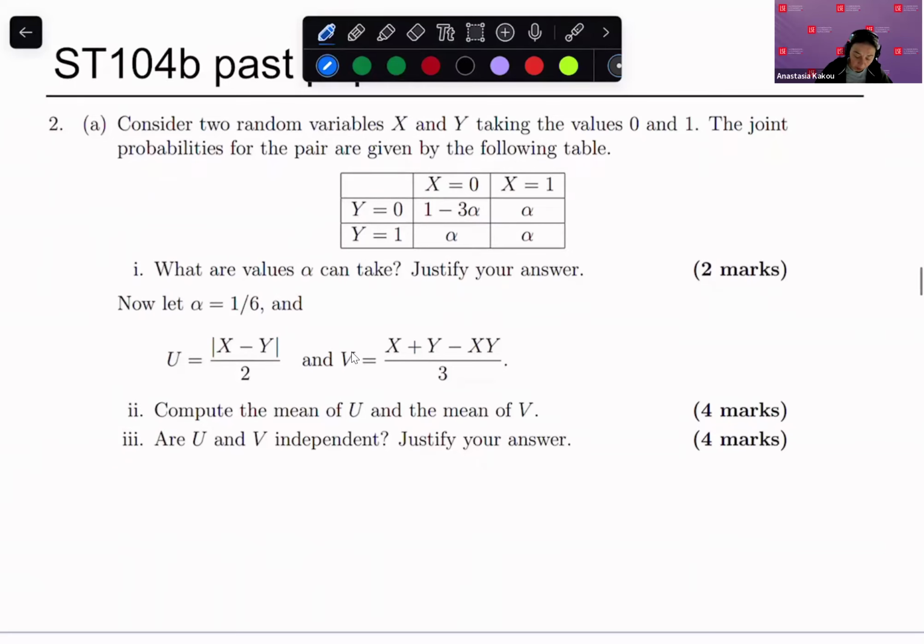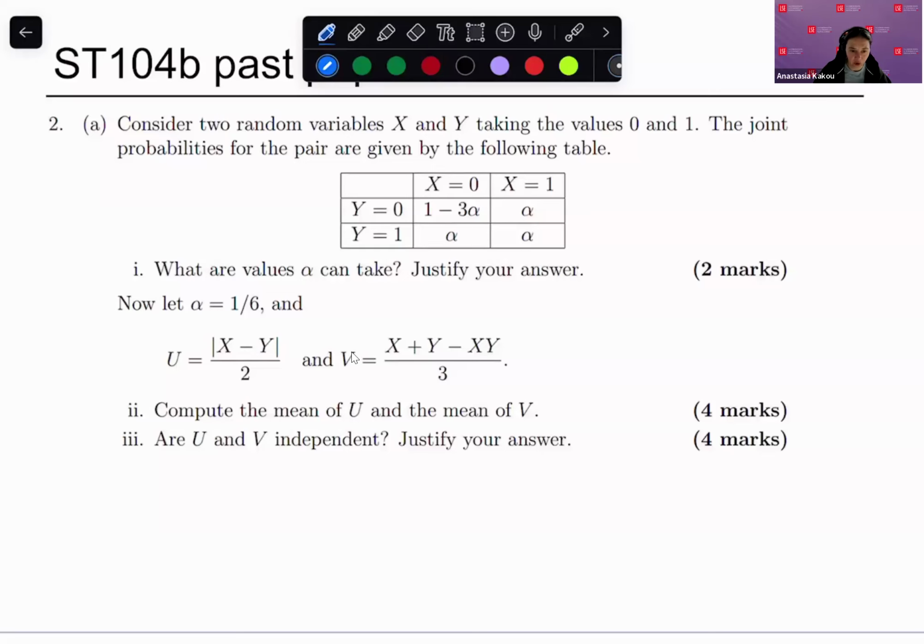This is an example here. You're given X and Y that take values 0 and 1, and you're given the joint probability distribution. Here, that distribution has an unknown value alpha, and you need to first find that value of alpha